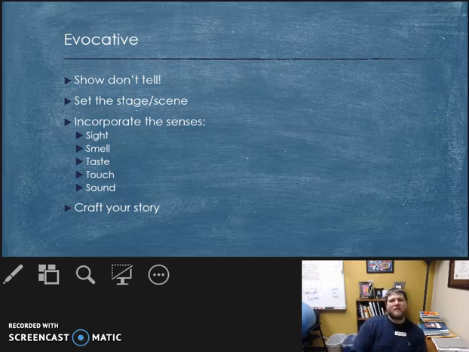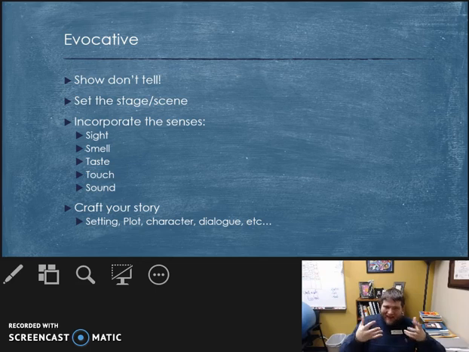So instead of writing something just to get through the discussion board, try to craft something. See what it takes to get that setting, to make sure there's some sort of plot. What type of character development needs to be there? Maybe there needs to be dialogue, stuff like that, okay? And then also try this, okay?